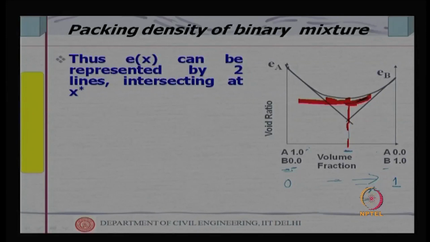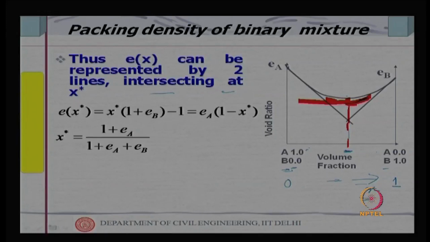That means the minimum void content is not independent of proportion; it is a function of the proportion of B in A, or otherwise the proportion of A in B. Thus, E can be represented by two lines intersecting at x star. We have just shown x star as the intersection point, and you can calculate this x star algebraically, because from this side, if I calculate it, it is given as